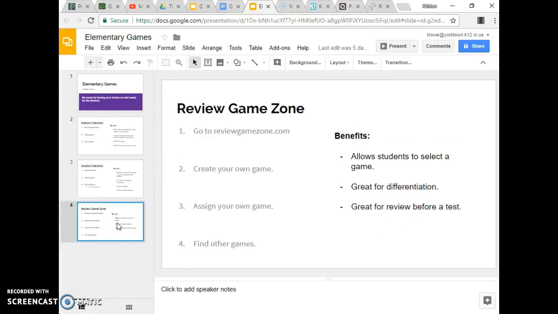The last one I'm going to show you is not as user-friendly. It's called Review Game Zone. It's a little complicated. It's good for iPads. It's also good for Chromebooks or anything that's not a Mac. It does run on either one because it is not Flash. The website is reviewgamezone.com. I'm going to show you how to create your own game, assign your own game, and